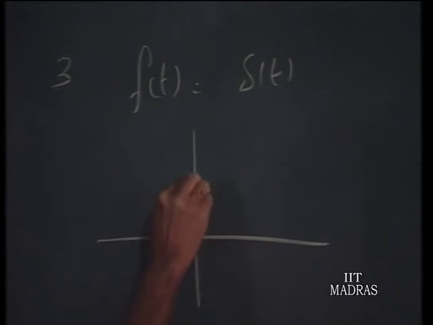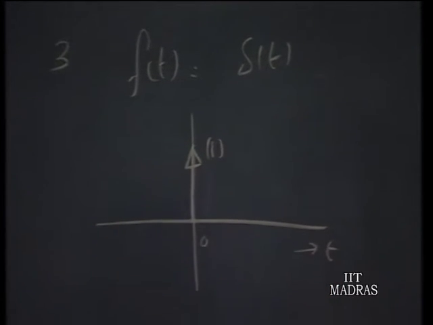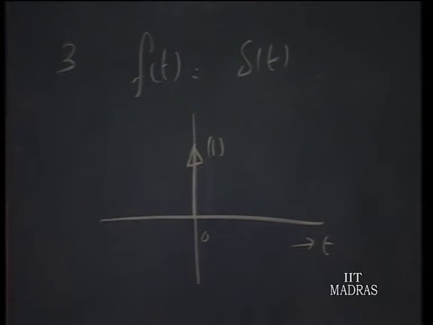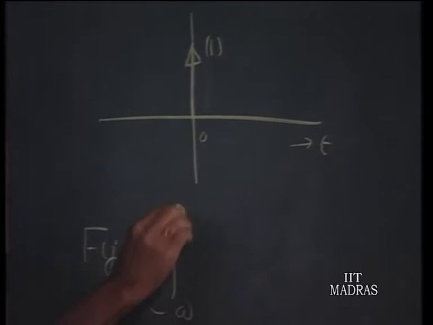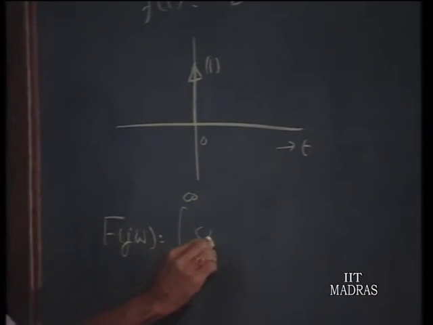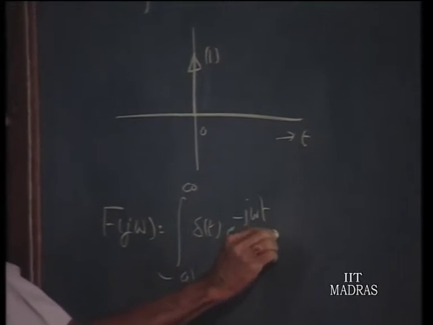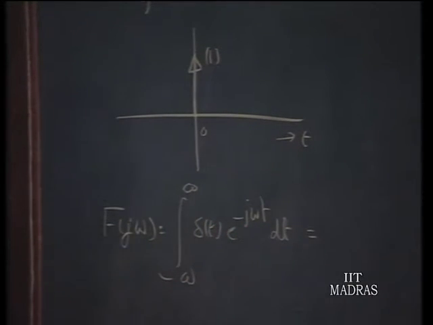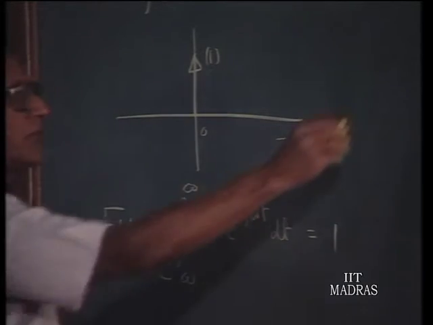So, you have a unit delta sitting at t equals 0, that is a time function. The Fourier transform for that, F of j omega, is the integral from minus infinity to plus infinity of delta t e to the power of minus j omega t dt. And since we have a delta function in the integrand, naturally the value will be the value of e to the power of minus j omega t at t equals 0, that is equal to 1. So, we have a very nice and compact result that F of j omega equals 1, which means the Fourier spectrum